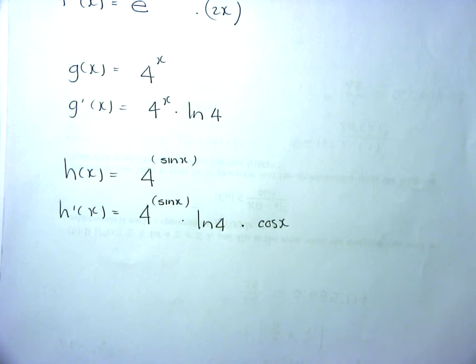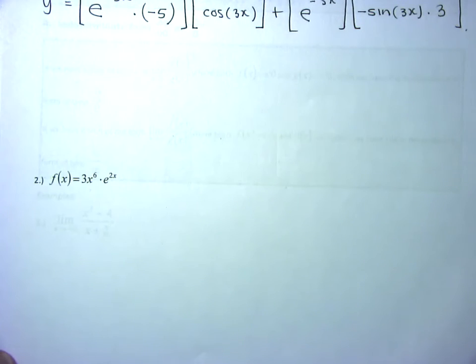All right, let's look at more of these examples that are given here. Number 2, f of x is equal to 3x raised to the power 6 times e raised to the power 2x. So here again, we're going to have to use the product rule to find this derivative. All right, so f prime of x is equal to,